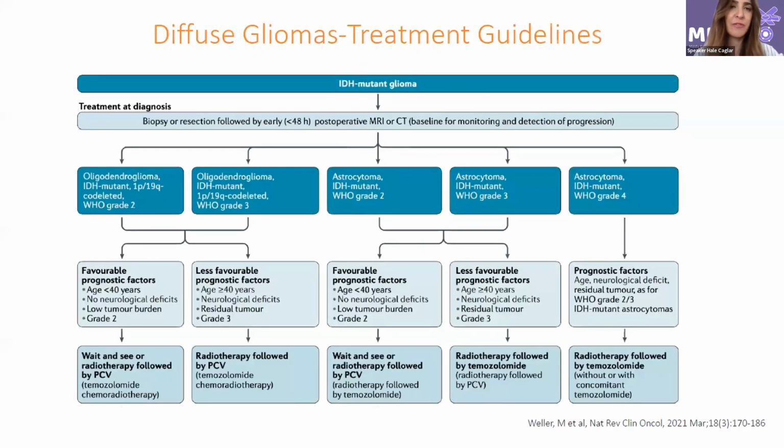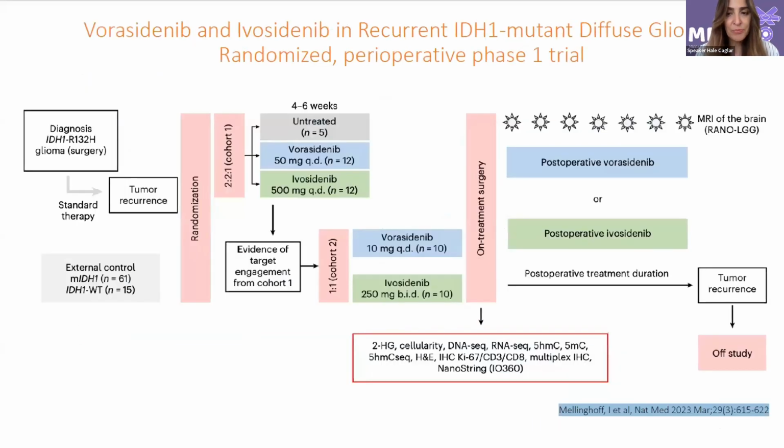So this is a summary of the treatment of diffuse gliomas. There is a window of doing nothing after gross total resection versus doing concurrent chemoradiation followed by chemotherapy, and this has to be personalized according to patients' clinical and neurological status and the molecular profiling, because some of those patients will be living for a very long time, so we have to take care of the long-term side effects of our standard treatments. One of the most important papers that was published this year was looking at the effect